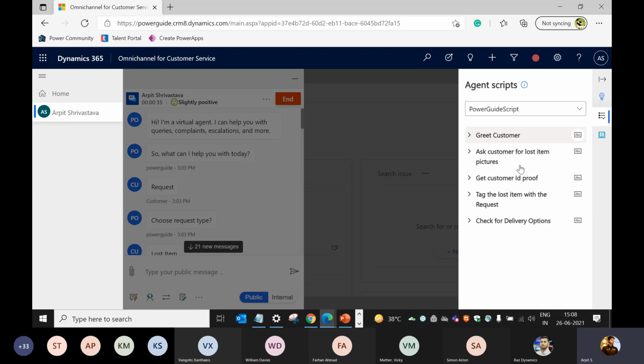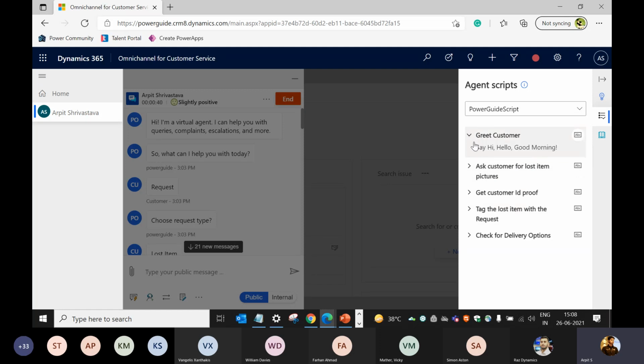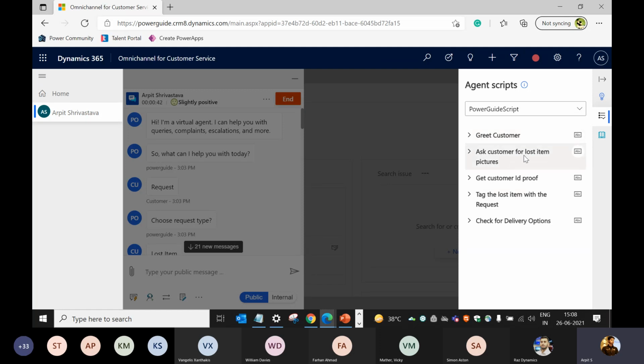I already have the intelligence available here. First I need to greet the customer, say hi, hello, good morning. Then I need to ask the customer for lost item pictures. If the customer already has some old pictures of the Surface, they can provide them so that you can verify. Then I need to get the customer ID proof required to process the request.